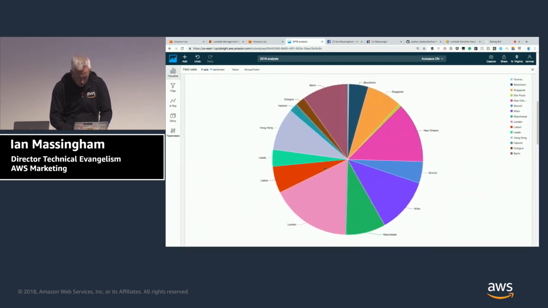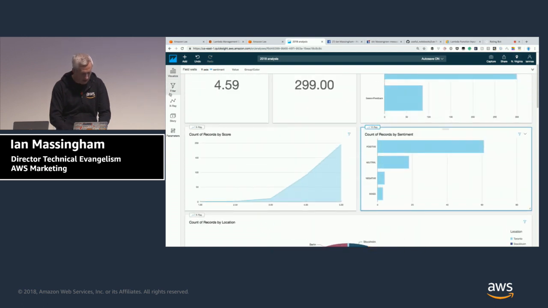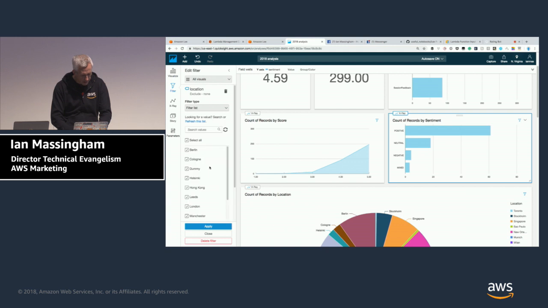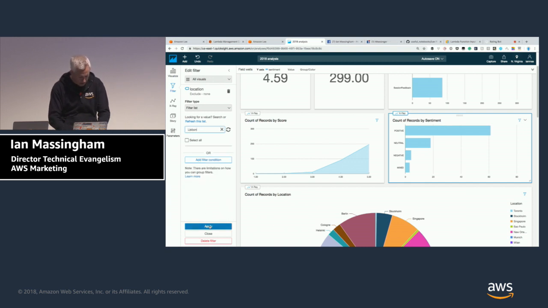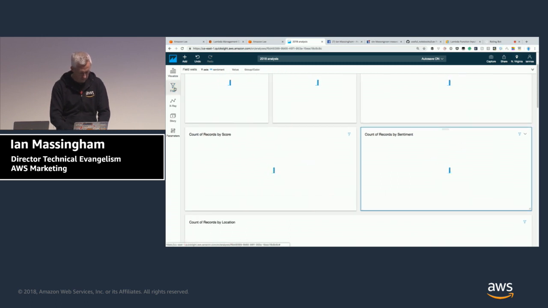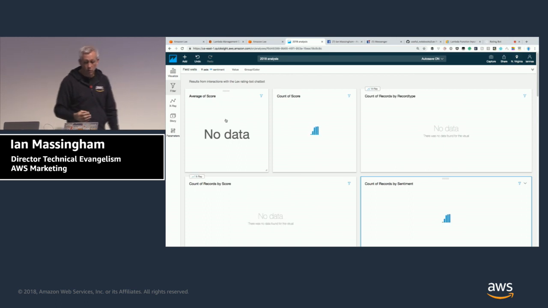I can also introduce a filter here. So should see that we have data here for Lisbon. Okay, and I can introduce a filter on location, adding a filter condition for Lisbon only. And if I apply that, now rerunning the same query.